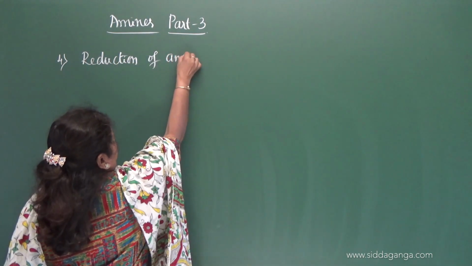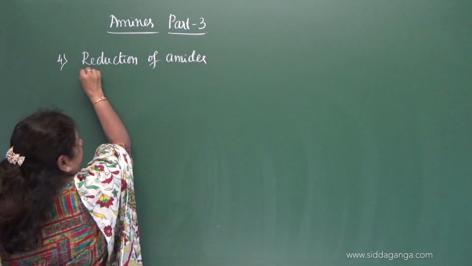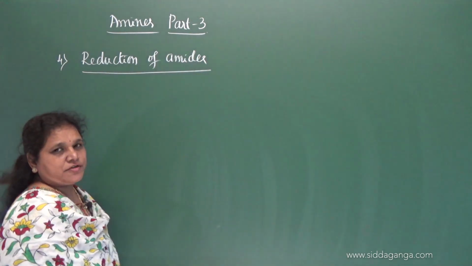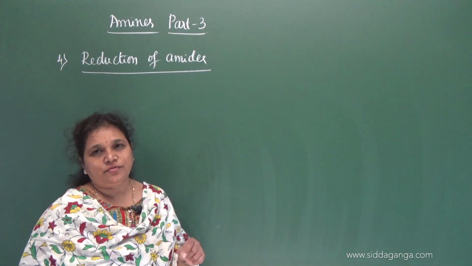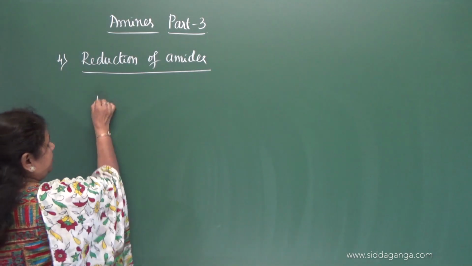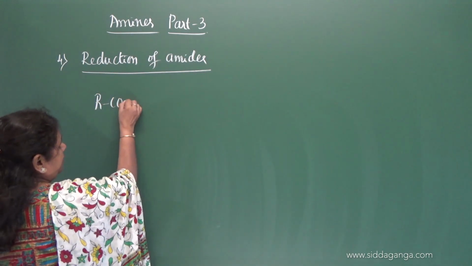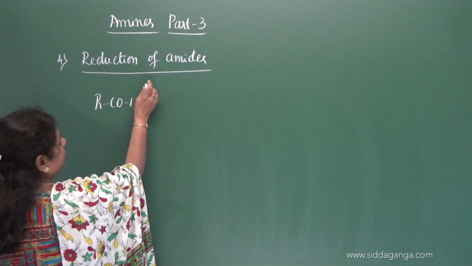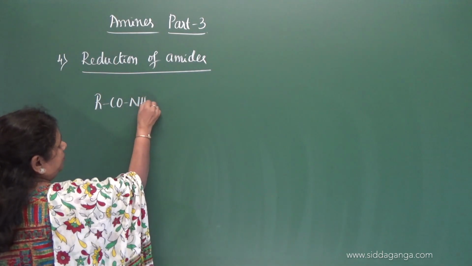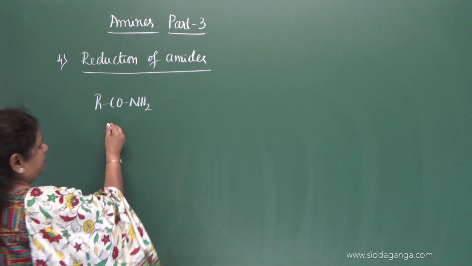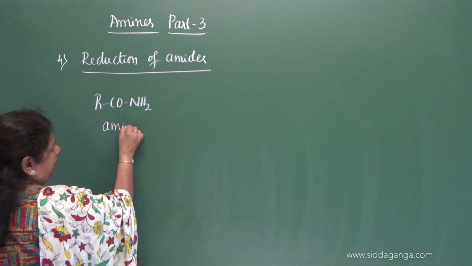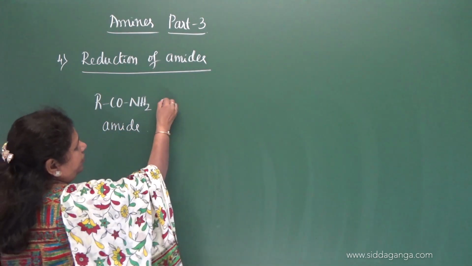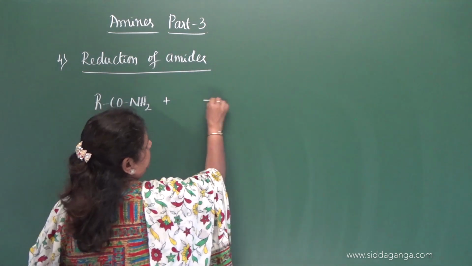amides. Reduction of amides. And you know the functional group of amides, it is CONH2. So general reaction, let me write. RCONH2, it is nothing but amide, alkyl amide. When it undergoes reduction, we need